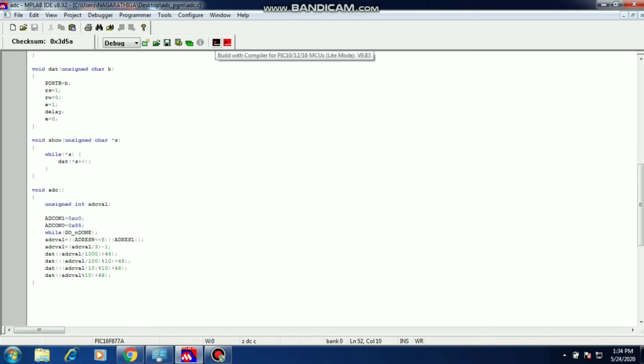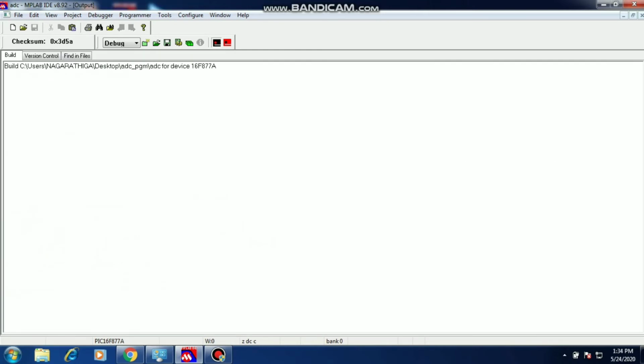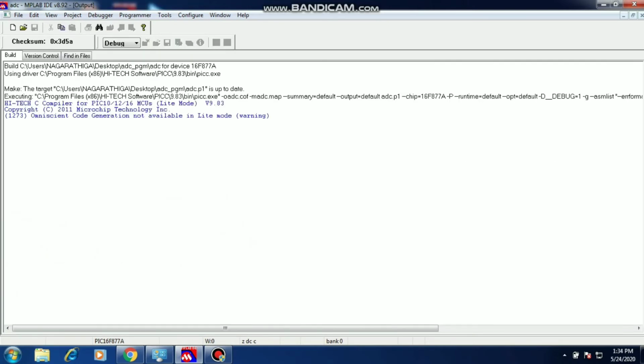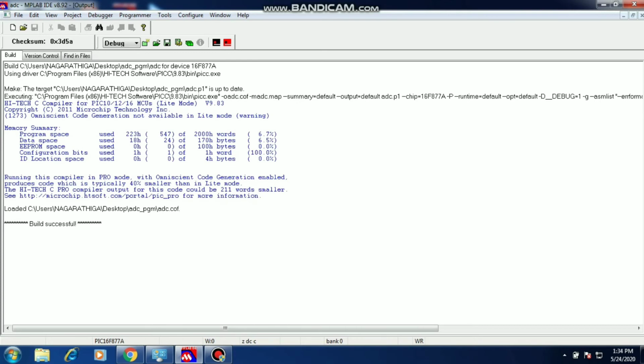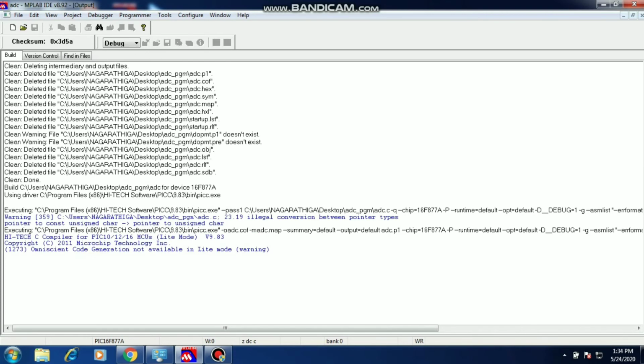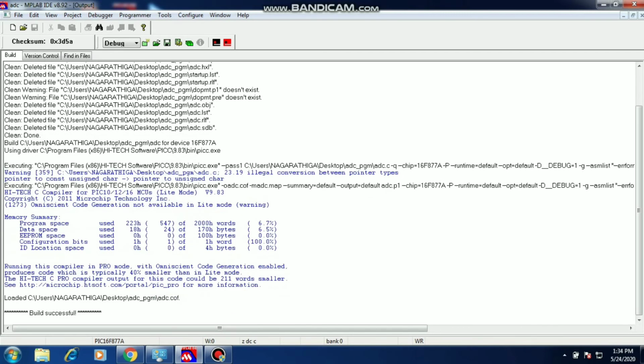Run the program. If any errors occur, rectify them. There are no errors. Using the build and rebuild option, I simulate the program.